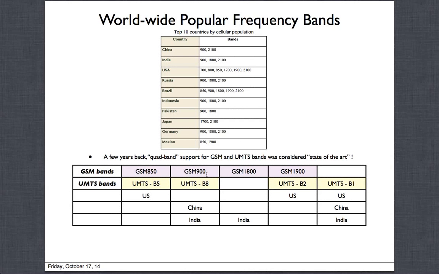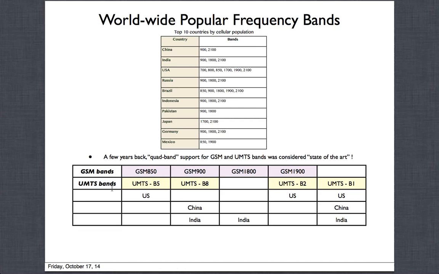If you have just these 4, you call it a quad band. So if your phone could support quad band, then that's great, which means that it's the same hardware, and you can reconfigure it using software. You could program it into any of these 4 bands, and it would work in most regions of the world. So that is the concept of quad band, and why people were trying to build quad bands: to make sure that the same hardware can be reused in various different parts of the world. So these are the GSM bands.